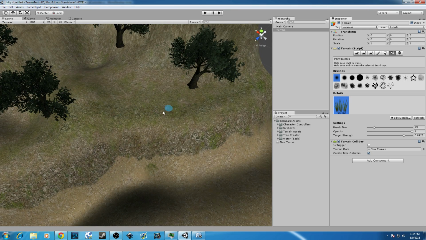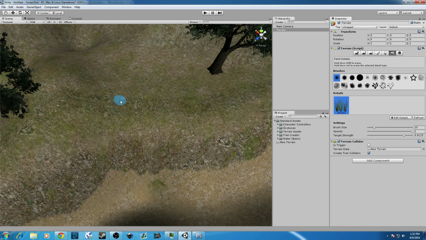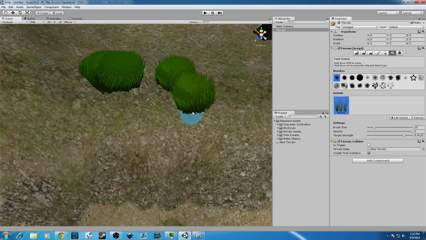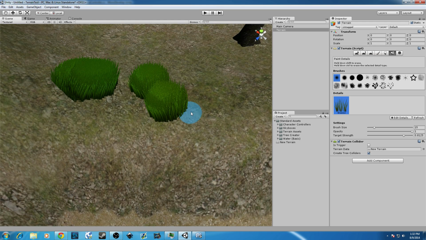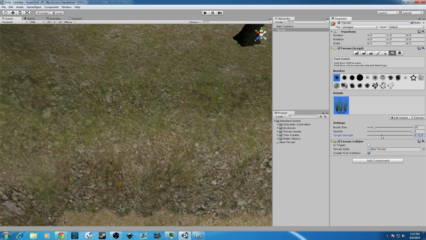So I have the same brush, we have the same opacity, target strength, and brush size, and when you click, it's going to actually add grass. It's going to add these blades of grass that stick up from the ground. So you see, it's very, very dense right now. I'm going to go ahead and drop the target strength and opacity down just so we can get a couple. Let's see, we'll do this